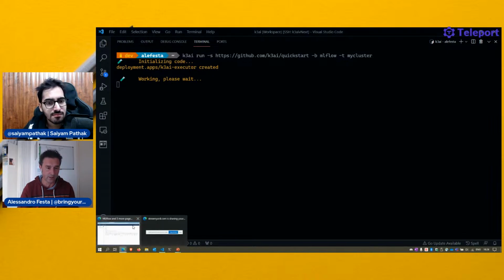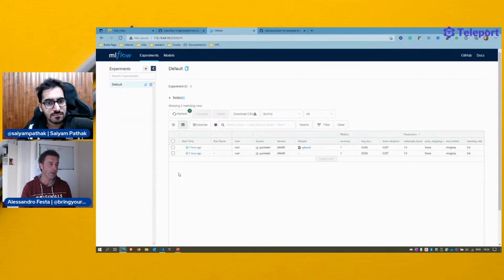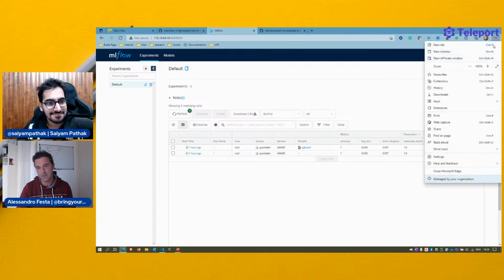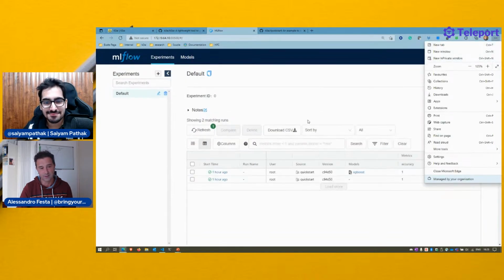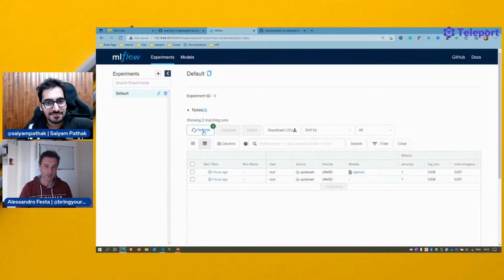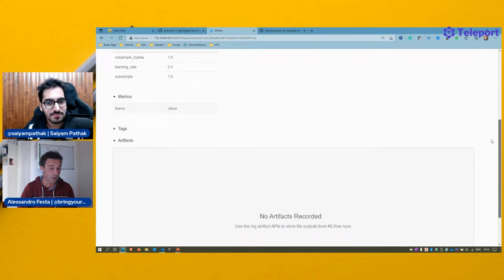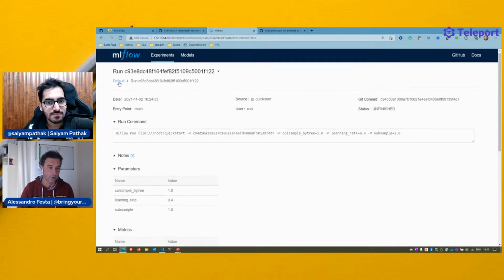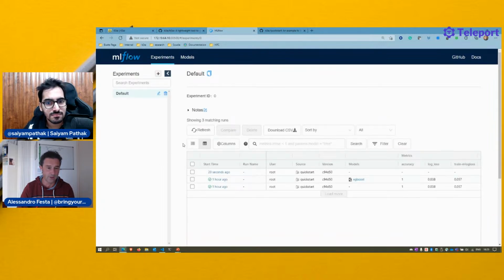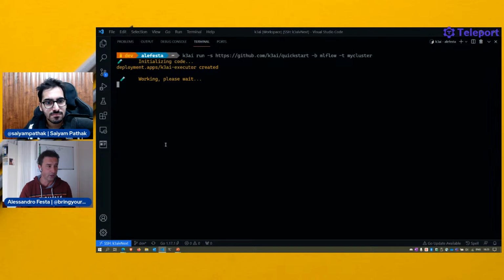So it's starting to do something. If I check, oh, we got a 1 here, which means something is happening. Let's do a refresh. Hey, we got something new coming here. When we go there, there are starting to be some things. There are also some artifacts not yet recorded. Let's go there, do a refresh and see what's happening. Did it finish? No, not yet.